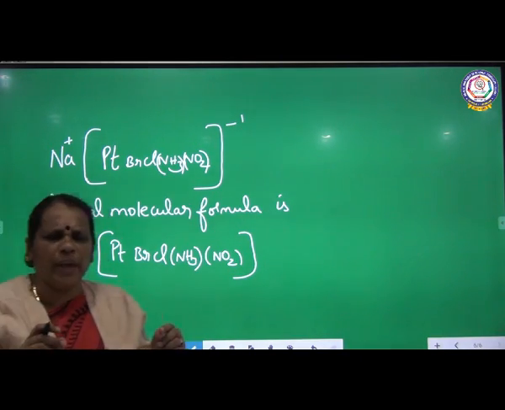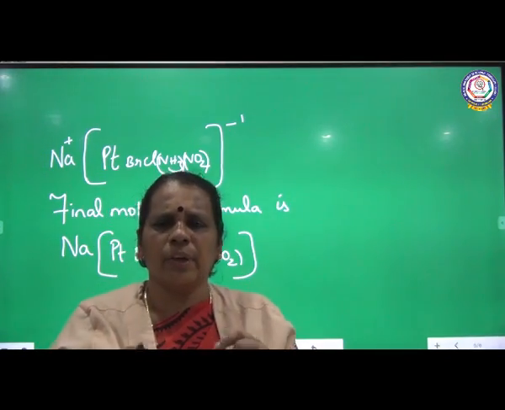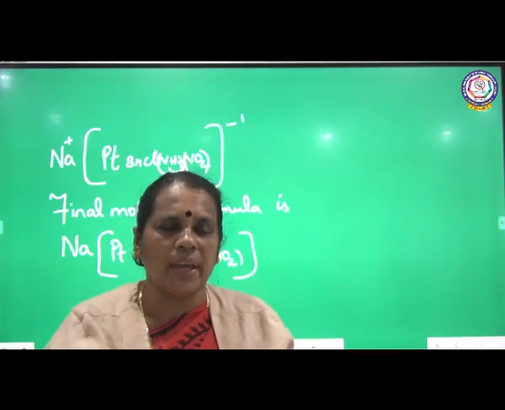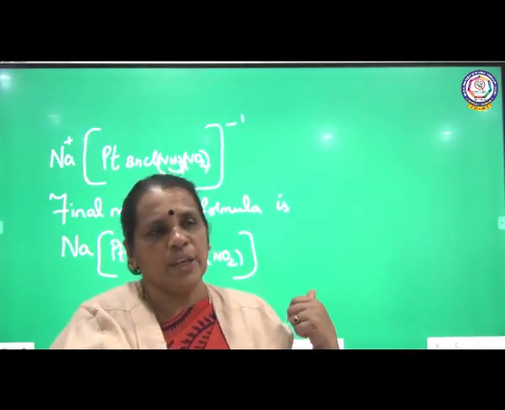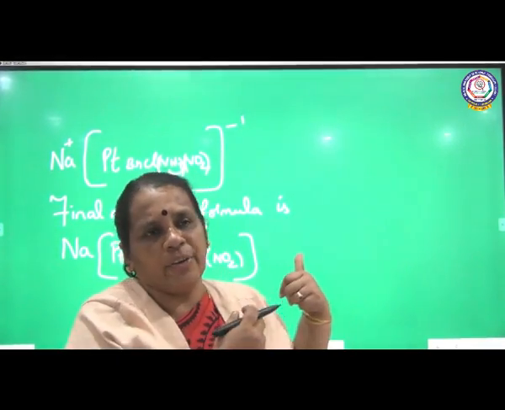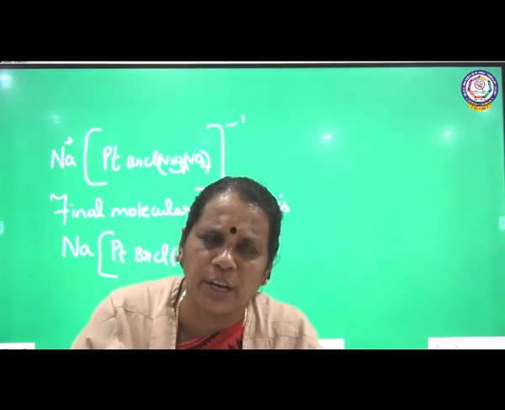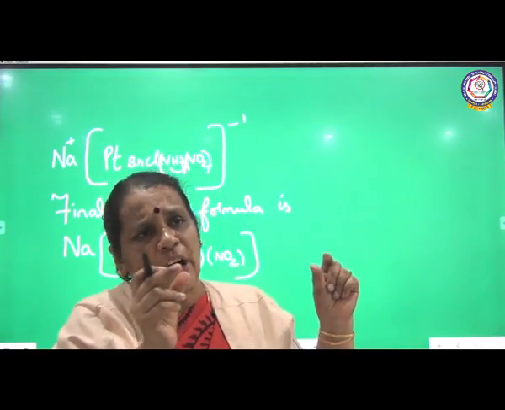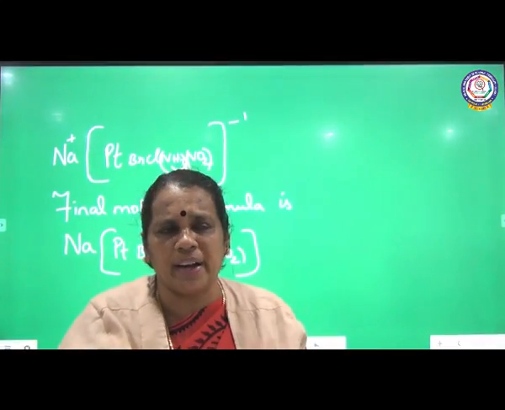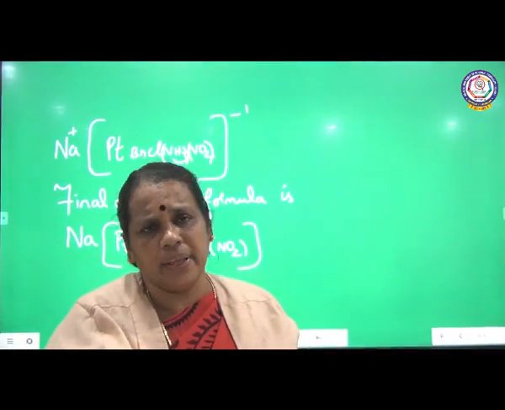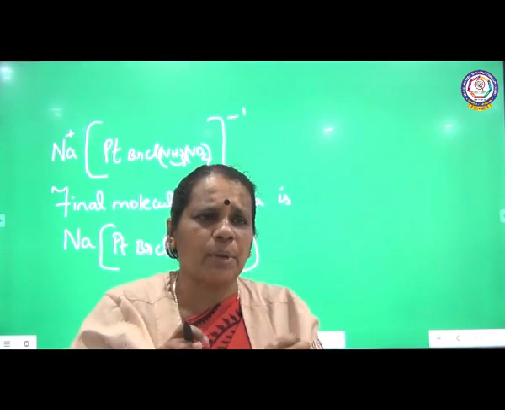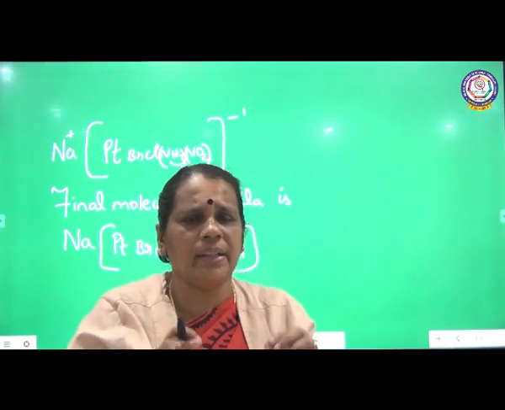So I am concluding up to this. Today we are going to see some other compounds and talk about the rules for writing the IUPAC names. So far I have given the IUPAC name and we have written the molecular formula. In the next section, we are going to write the IUPAC names for the compounds whose molecular formula is given. So up to this I am concluding today. We will see the remaining in the next class.